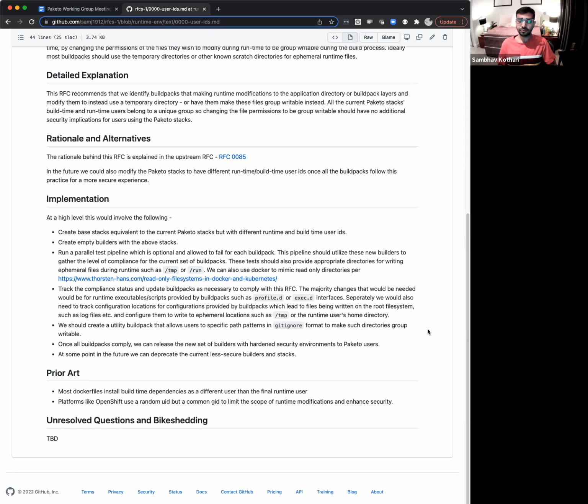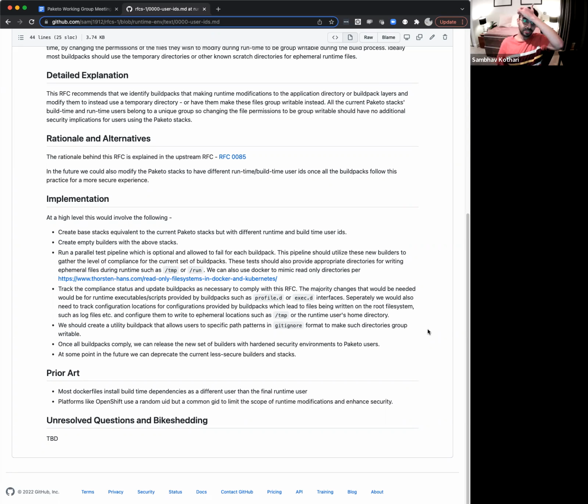And then if we control the configuration files for such applications, can we set some sane defaults which will point them to appropriate locations for ephemeral files, things like log files, etc.? Or alternatively, the user's home directory is another pattern I've seen, where, since this is the runtime user, you can assume that the user can write in their home directory if it exists.